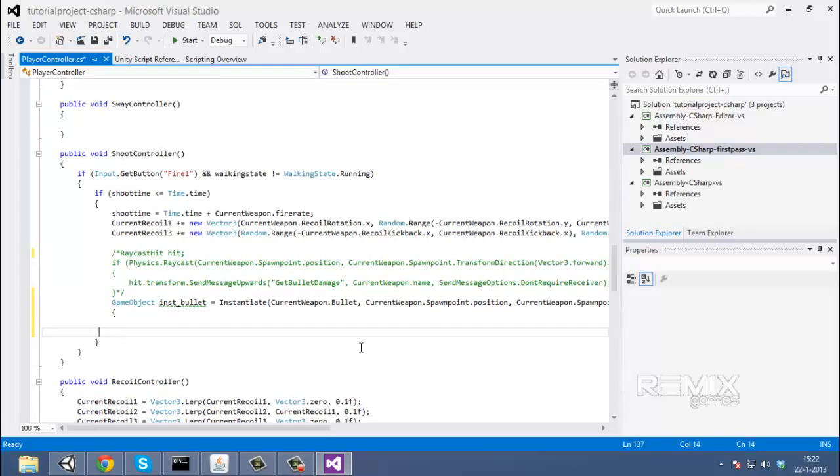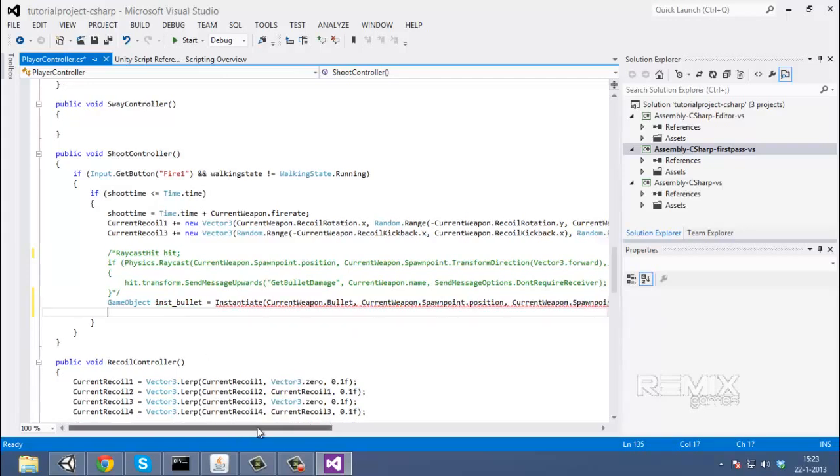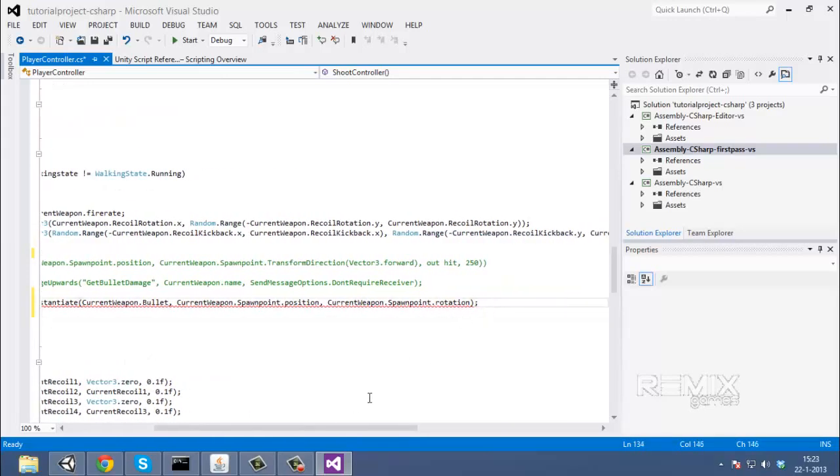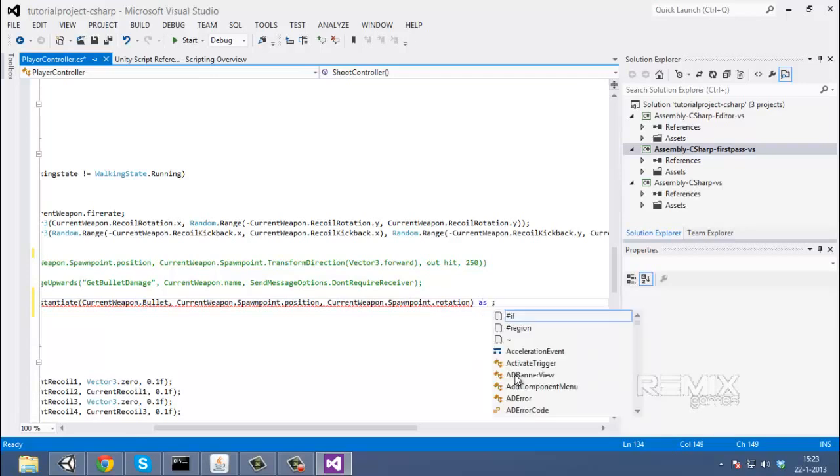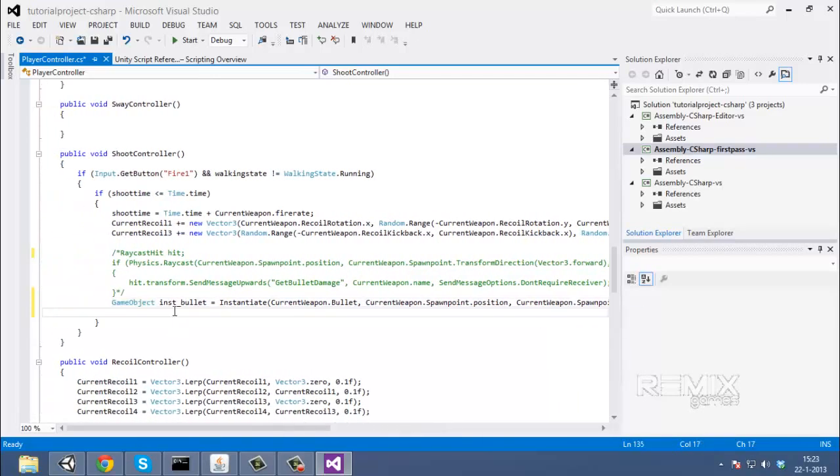Oops, that's not right. I'm a bit confused today, sorry for that. And this should work. It doesn't work. Oops. As game object, that's also important. Yep, there we go. And then the first thing we're gonna do is add velocity to the bullet, and we're